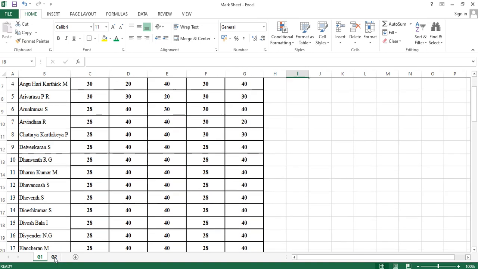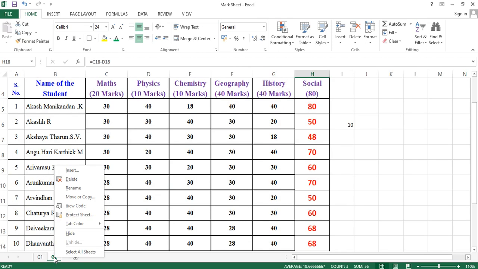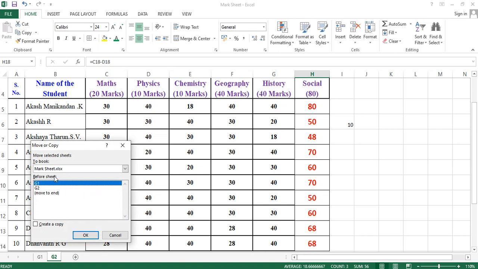Another method: I need only this G2 but I want to keep G1 in my system. So what you can do is just right click, see, right click, and then Move or Copy. See here, if you want to create a copy you can do it. Move selected sheet. You can choose new book, create a copy, and okay.